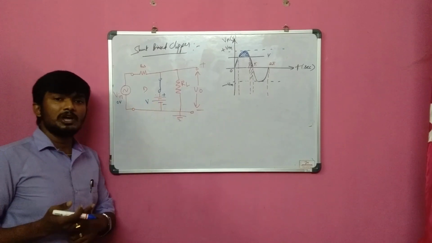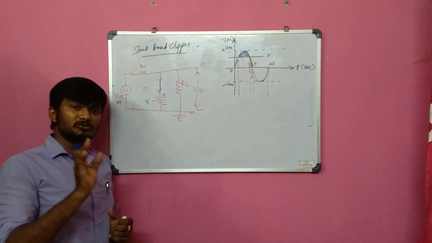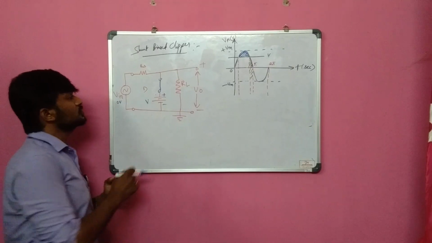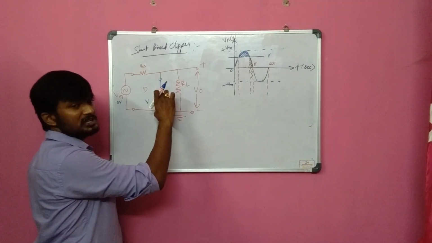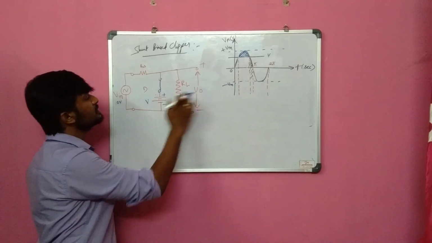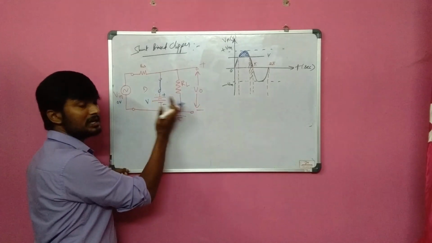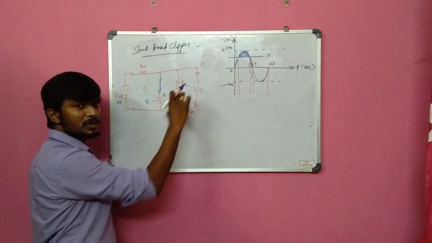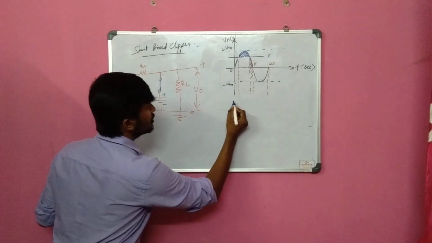So in the previous video I already told that in parallel connection always the voltages are equal, and in series connection always the current is equal. Okay, so here if this is V, definitely V0 also will be V. So what is the output voltage I am getting? V. Because these two are parallel, already we are having V, so the same voltage V will be obtained across the output. So if I draw the output signal,